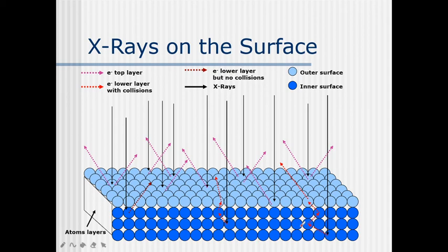Now there will be three types. The purple color is representing that the electrons are being ejected from the surface level. We are not interested in that. But the red color is representing that the electrons are being ejected out from the core system. But these electrons are further undergoing some collisions with the surface level electrons. This is also of no use for us because it will give us a lot of noise.